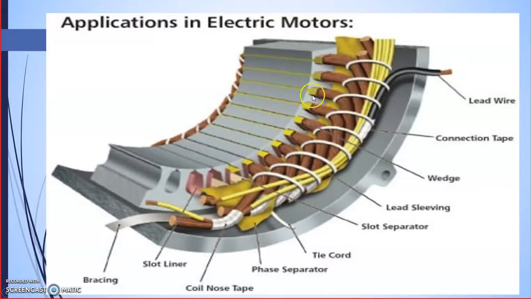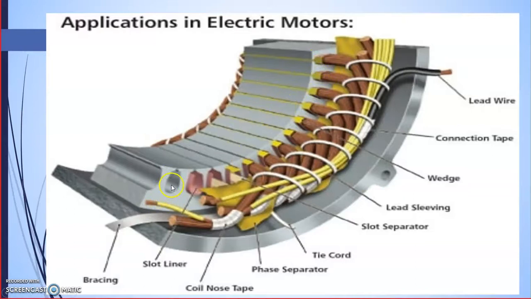And if you will not insulate this steel material, or whatever is conducting this frame, then suppose the motor is running and you are just touching the outside frame, and if leakage current is there, you may get a shock. There will be leakage current also, because you are interested to pass the current through this coil and not through this case or frame, right? So this part, the slot part, and this coil part should be insulated. These are called slot liners.